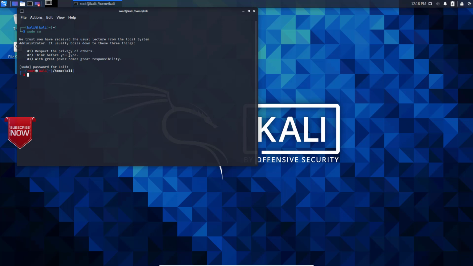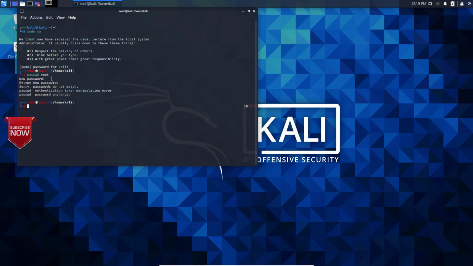Now type this command to set the root password: passwd root. Now we have to specify the new password, the password that you want to set. Retype the password, and that's it.